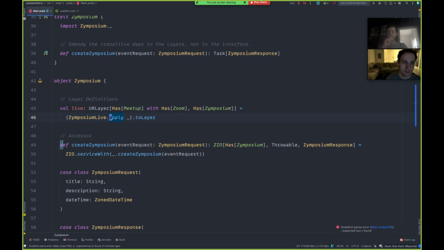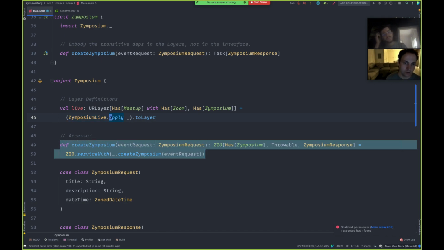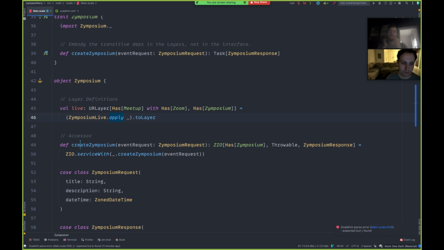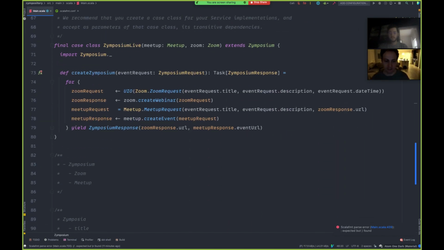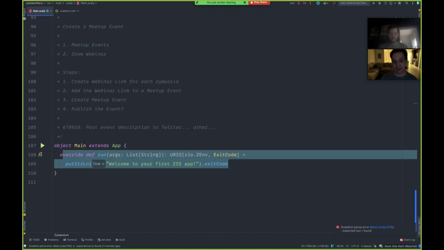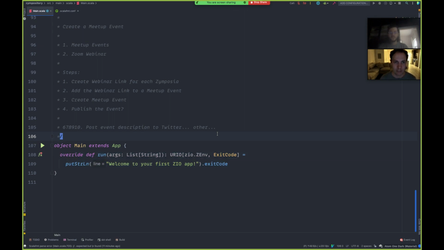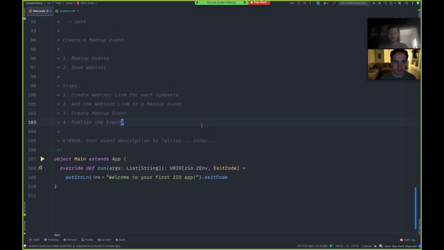The nice thing about this is it'll make it really easy to integrate this with anything else we want to do. We can imagine we have our main method down here. We might decide to do some simple command line thing: enter the description of your meeting, enter its title, enter the date you want, and that could then call this service, or we can do whatever we want with it. But it provides a really easy interface to call this now.